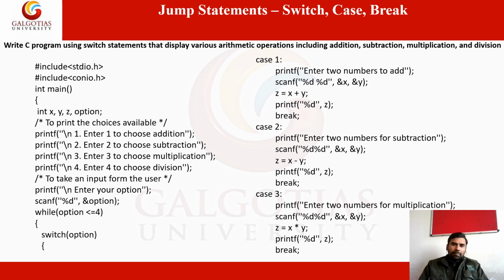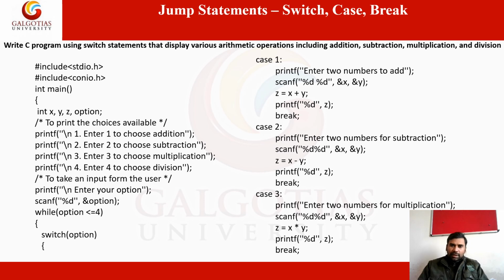Look at this very simple problem. You have to do addition, subtraction, multiplication of two given numbers. We can take the numbers from the user and get the option. Option 1 addition, option 2 subtraction, option 3 multiplication, option 4 division. Suppose you enter 1. So go to case 1. We get the numbers from the user, add them and print the result.